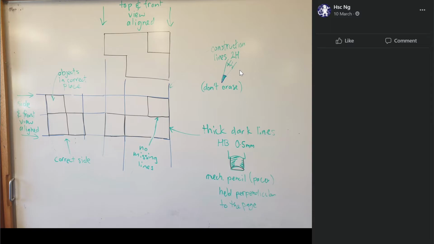You're supposed to hold it perpendicular to make sure that you're always getting a line that is actually 0.5. If you hold it on its side, you're going to get a chiseled edge, and you're not going to get 0.5. You're going to get a smaller line, and then eventually you're going to get a thicker line. So I don't talk here about how to get your thin dark lines. Your thin dark lines on this drawing are supposed to be done with a sharpened HB pencil,